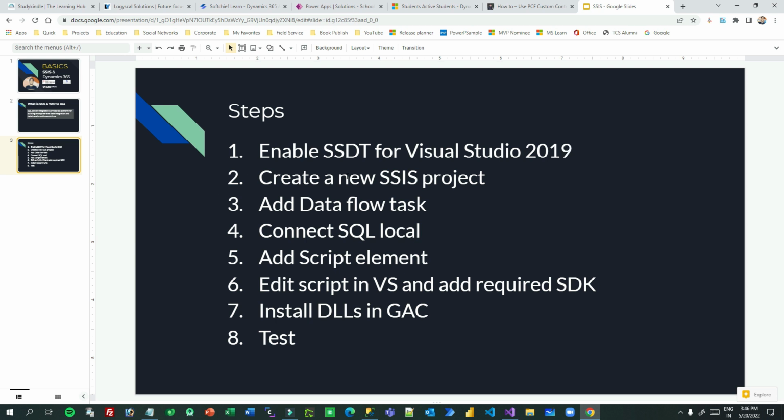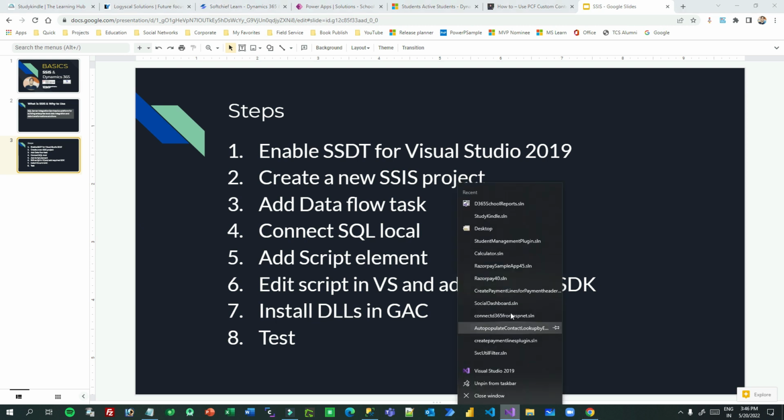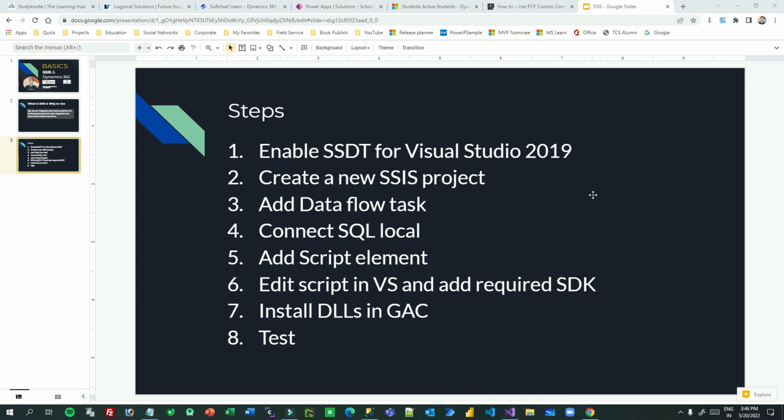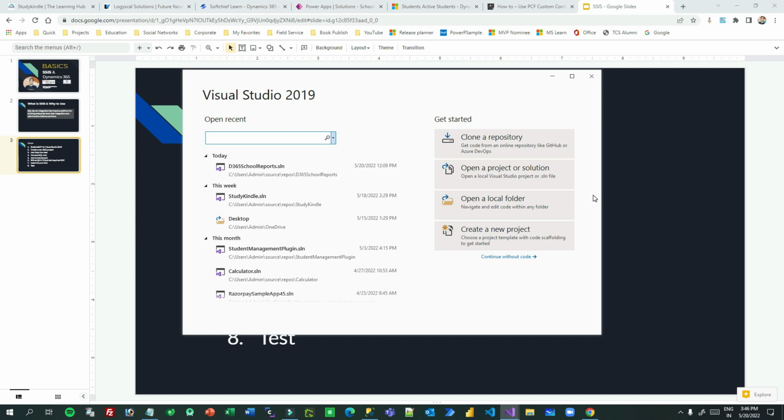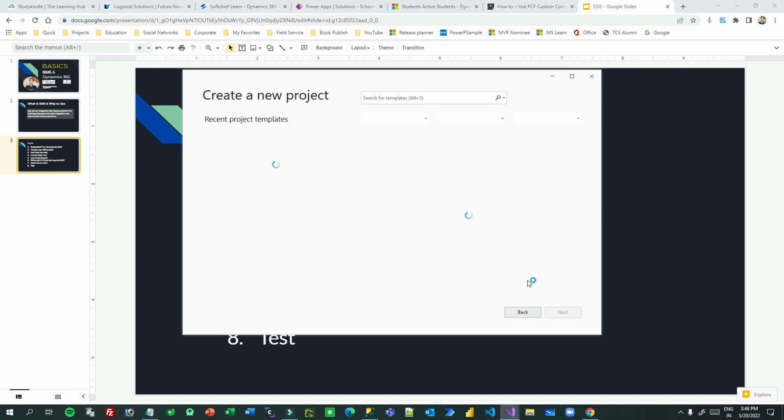Then you have to create a new SSIS project. So you have to open Visual Studio, and in Visual Studio you have to search for a template called SQL Server Integration Services, right? You might have multiple templates available in Visual Studio. You can click on create new project, and here you need to choose a template called SQL Server Integration Services. So search